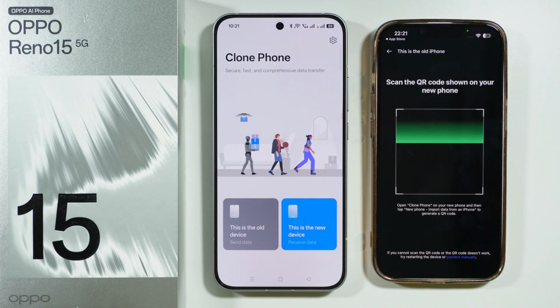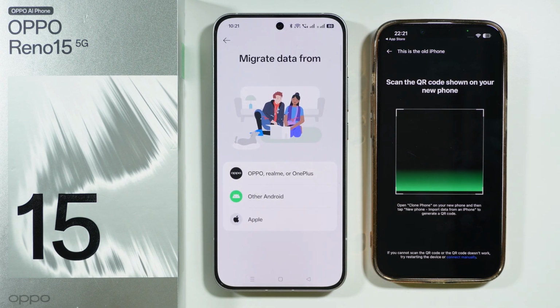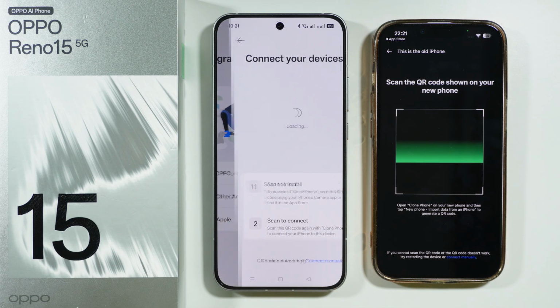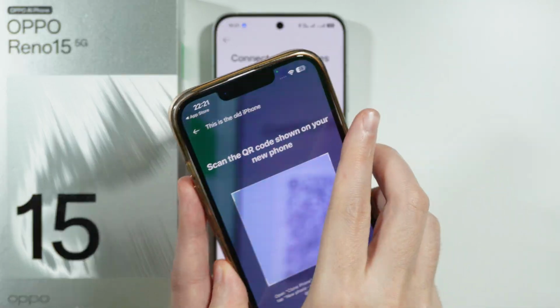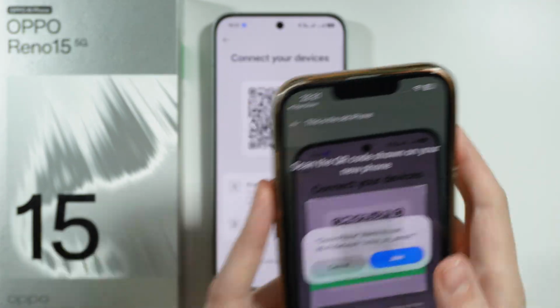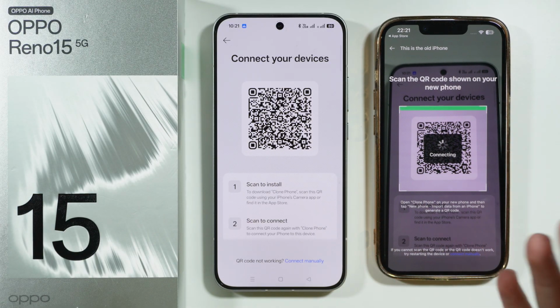Now on OPPO Reno 15, select that this is the new device. Of course, we need to grant all the necessary permissions, and then we're going to choose Apple because we want to transfer data from iPhone, of course. Now we can scan this QR code over here. There we go, and we want to confirm that we want to join the hotspot, which was created by our